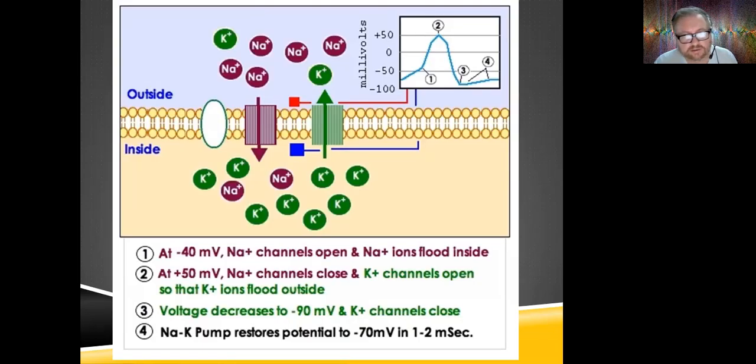So let's have a look before we finish that slide. Here is another picture that shows the typical distribution of potassium, mostly inside, and a little bit of sodium, but sodium mostly outside and a little bit of potassium. And there could be a sodium-potassium pump that's continuously trying to keep it that way. But what's happening here is that when a signal is activated, these sodium channels, which are the ones highlighted here in magenta, will open up. And that's going to let the sodium start coming into the cell, right? And that's what's happening here